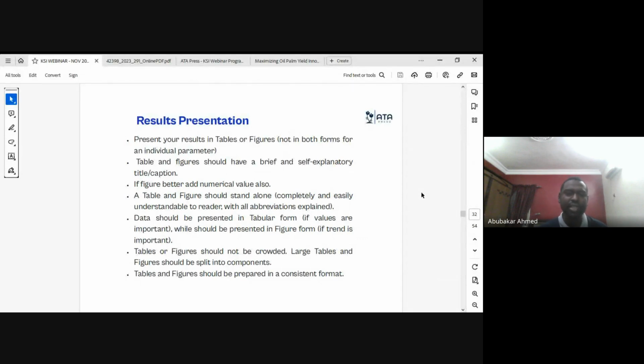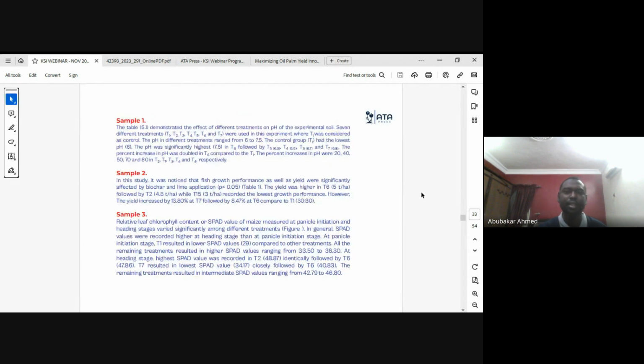So also the figure and table should not be crowded, should be split, should be easy to understand, easy to comprehend by reviewers, and should be prepared in a consistent manner. Yes, this trend is acceptable everywhere. So when it comes to writing results, one has to understand the way